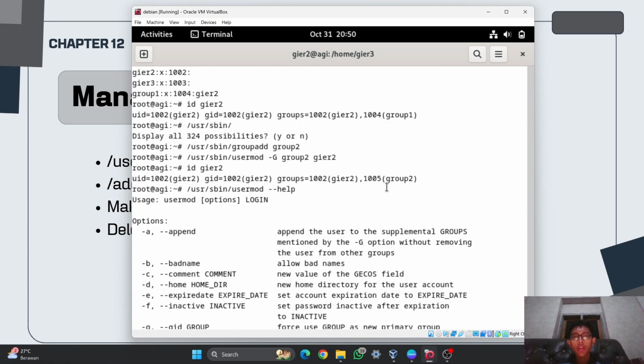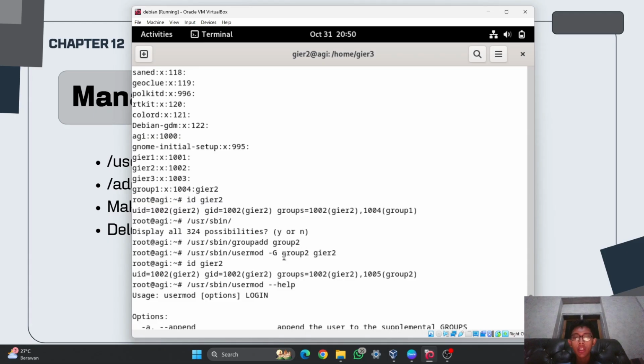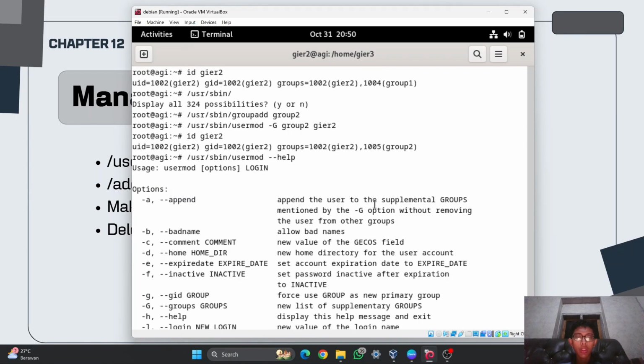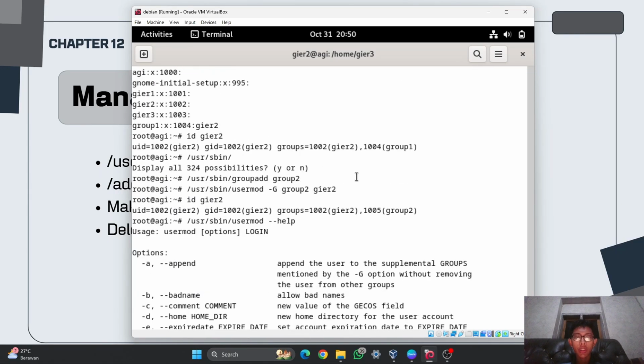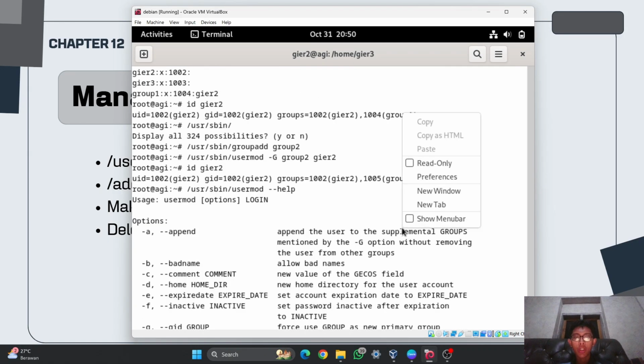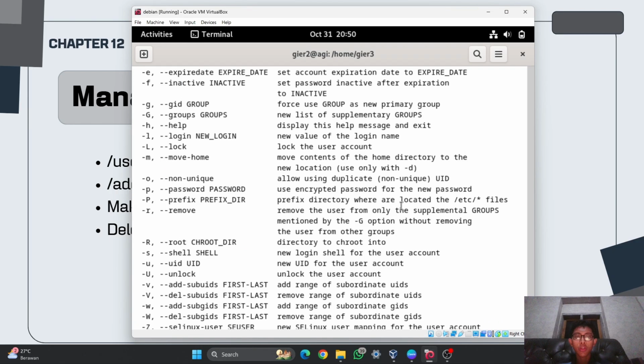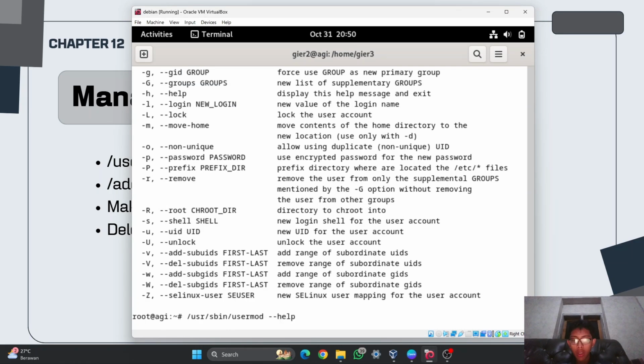So it will add this GR2 into group 1 without removing this user from group 2. So for GR2, it will show up in group 1 and also group 2. So in here you can use -a and then also -g, just like this.